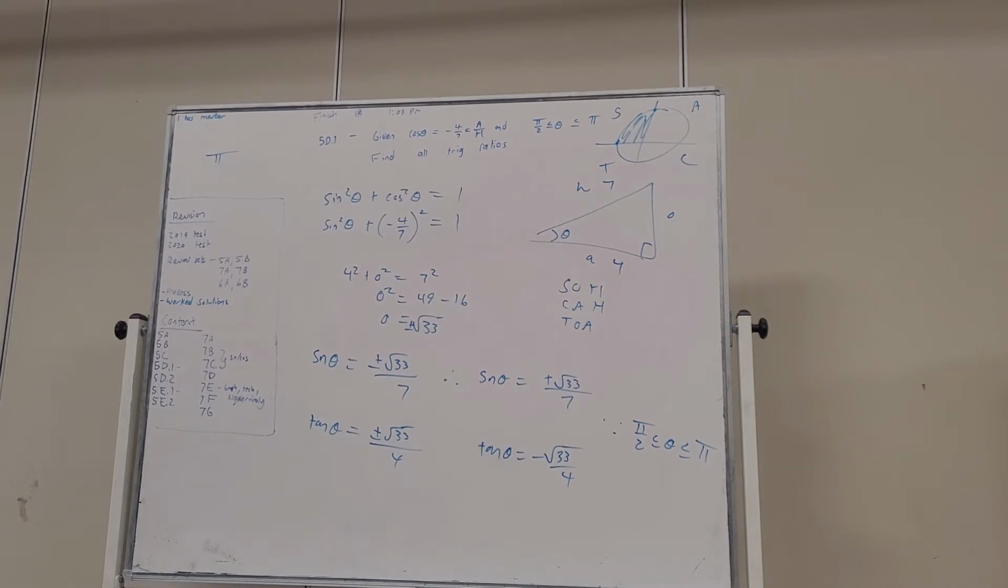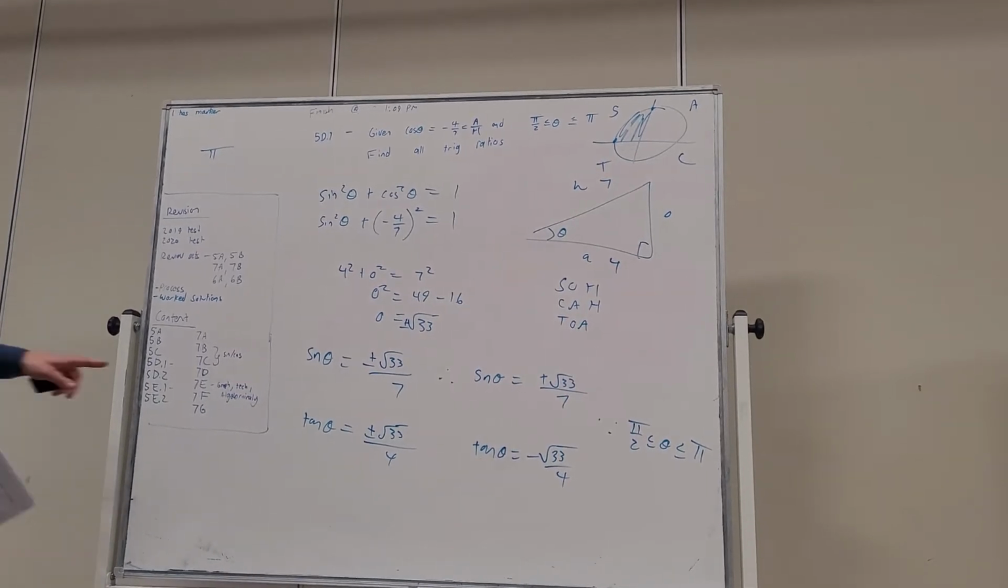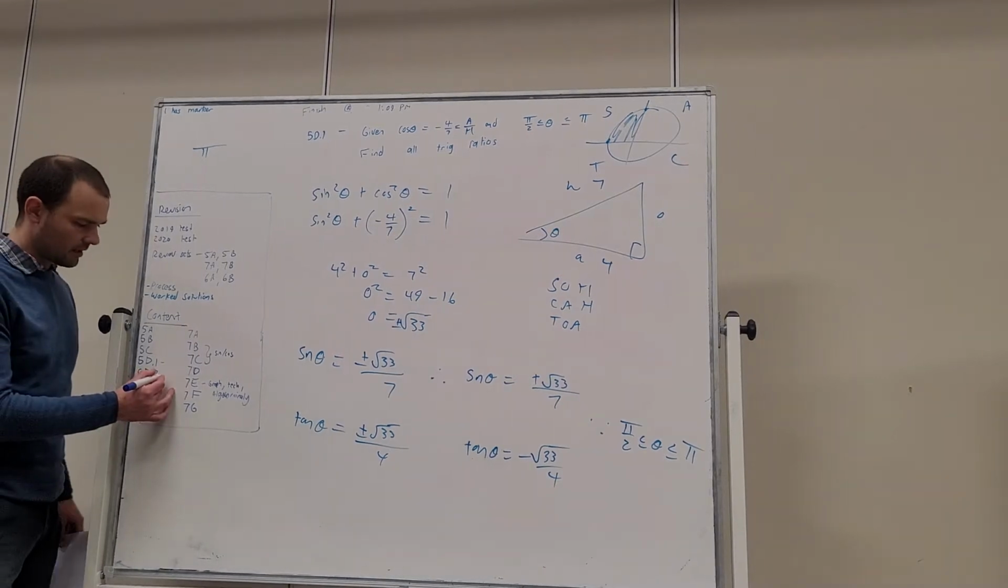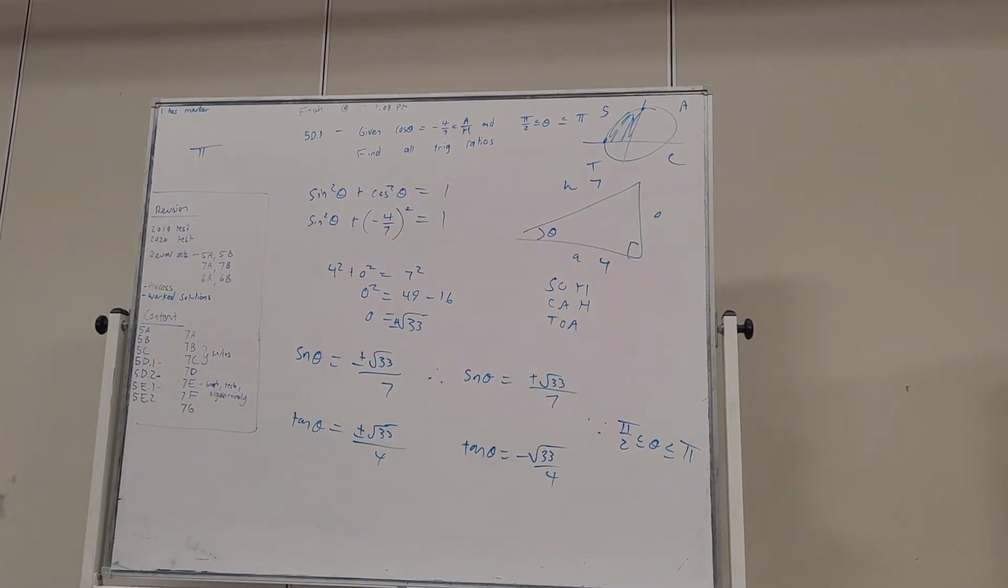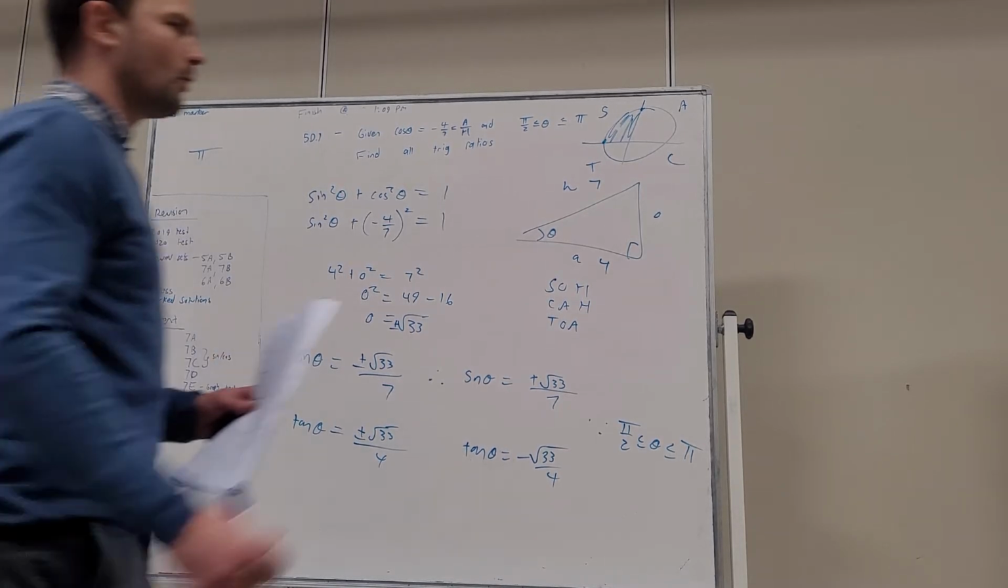Okay, let's jump to 5E.1. So 5D.2, what do we do there? I've ripped it out here. 5D.2, we're using technology, applications of the unit circle, applications using technology, yep. And so then in 5E.1,